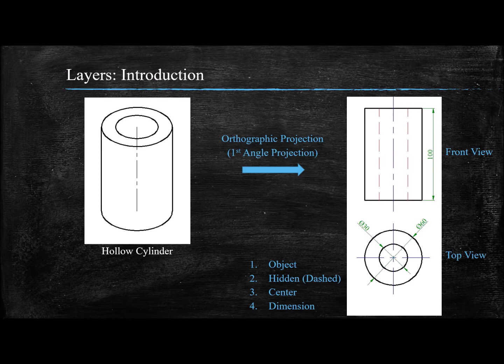So that is how, by superimposing one layer upon another, we have obtained a complete image of the simple engineering object shown on the left. And that is how AutoCAD layers actually work. It is also important to highlight here that in each of these layers, the lines, the line types, their thickness, as well as their colors are different. So for each of the layers, different types of lines, different colors, different thickness has been prescribed.